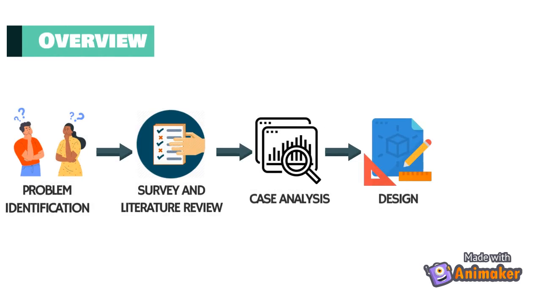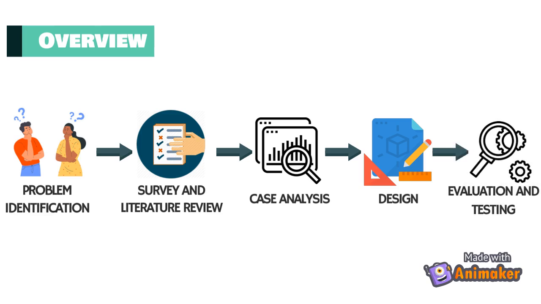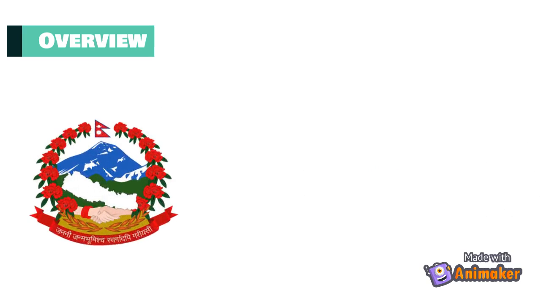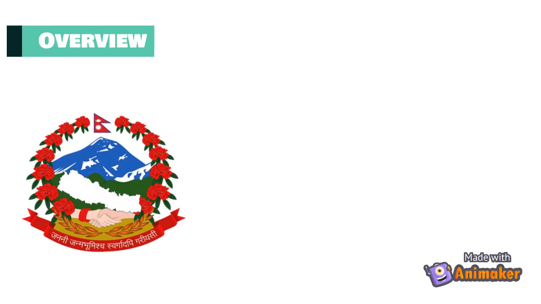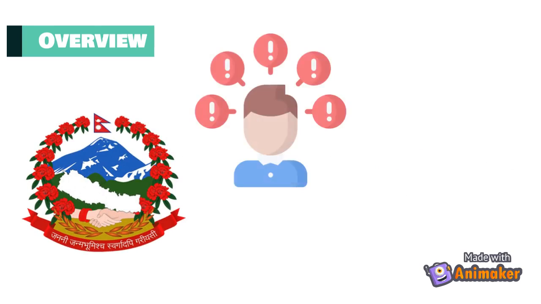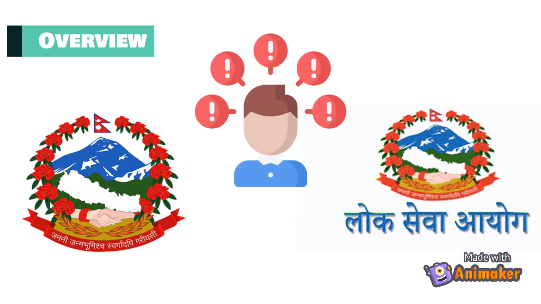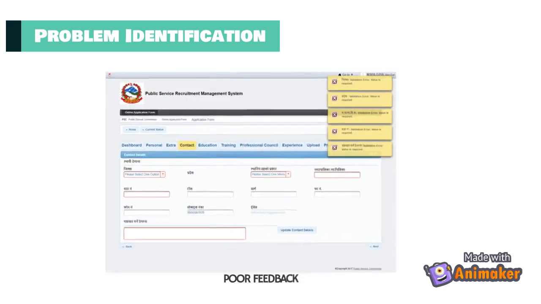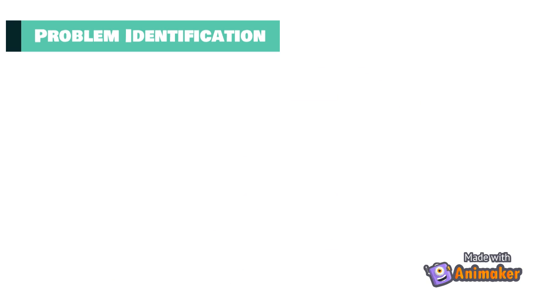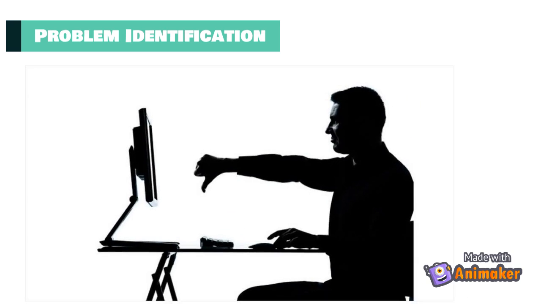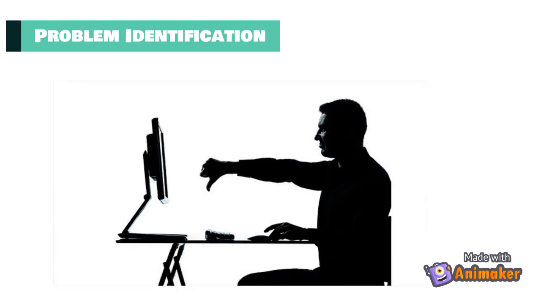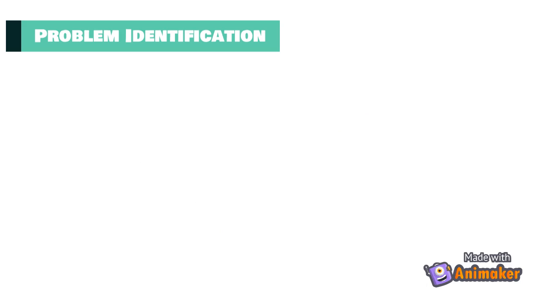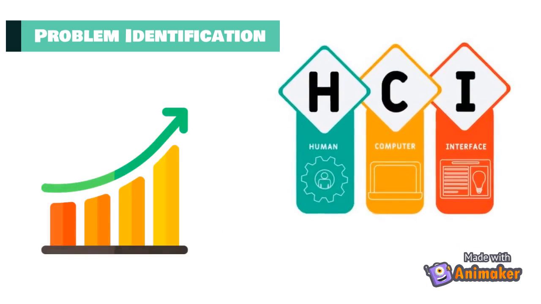analysis, design and testing. During the initial days of our research, we found that, like most governmental sites of Nepal, general public and mostly civil aspirants had to face a lot of hassles accessing the online portal of the Public Service Commission, also known as the Lok Seva Ayog. It had congested UI, poor design, improper feedback mechanism, and included redundant input fields, giving the users a bad user experience. That's why we plan to identify such issues on the existing portal and improve it using latest HCI principles